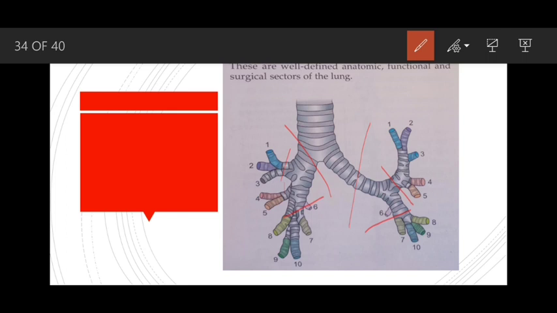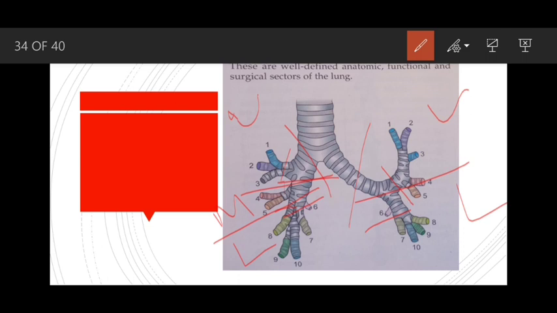So now we will see the number of segments. This is the upper segment, this is the middle, and this is the lower. On the right side it is divided into three parts: upper, middle, and lower. Here on the left it is divided into two parts: upper and lower. So the upper part has three segmental